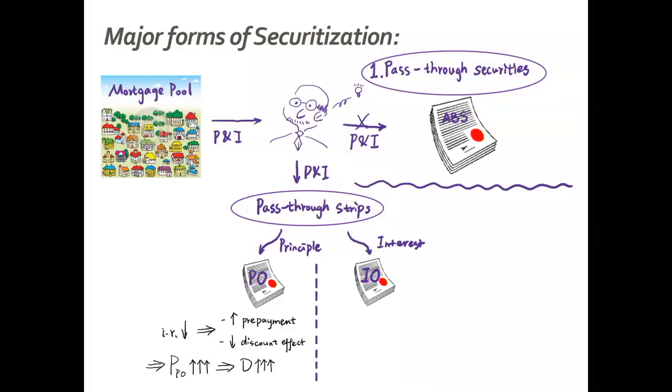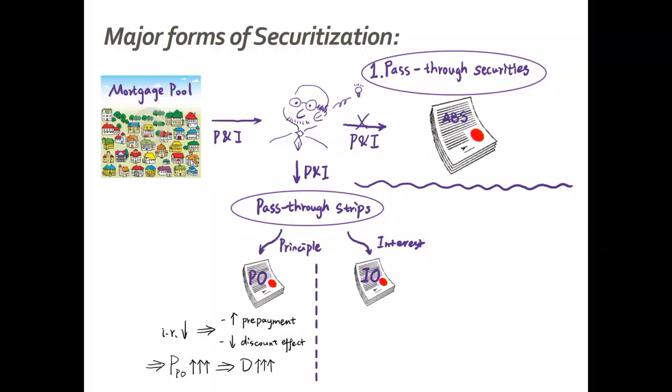So what's the motivation for the PO strip? Any type of security has its value. If it's reasonably priced, certain investors may invest in them. So if you consider the cash flow pattern of a PO strip, you receive very little at the beginning and a little bit more in the future. If you expect a pattern of cash flow like this, you may want to buy it.